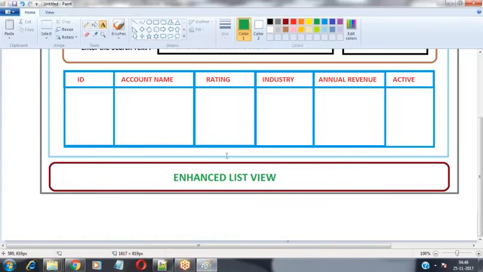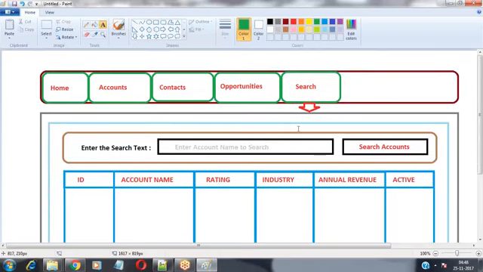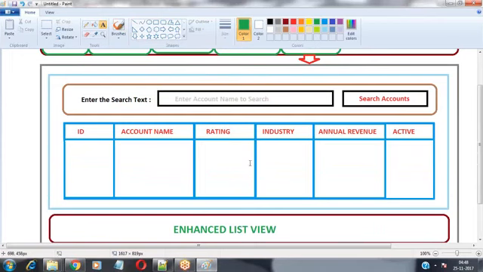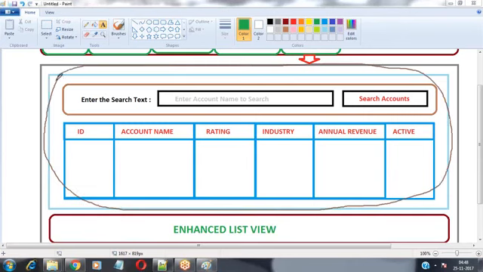Generally, as soon as I click on the tab, it provides the respective user interface, where on top of that page you will have the enhanced list view. But my client is expecting it in a different way. As soon as he clicks on the tab, he wants to show a page. On top of the page, he wants the search feature, and below that search feature, he wants to show the enhanced list view.